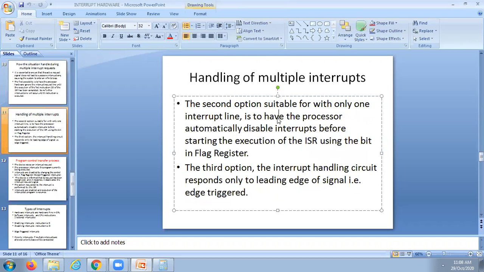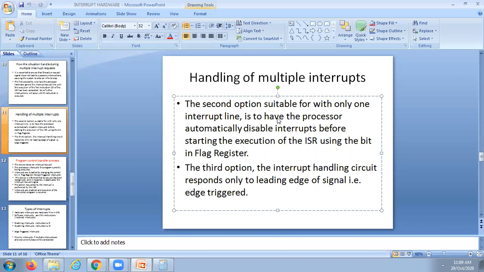The second option is, for a single interrupt line, to have the processor automatically disable interrupts before starting the execution of the ISR using the bit in the flag register. Already it is explained earlier.